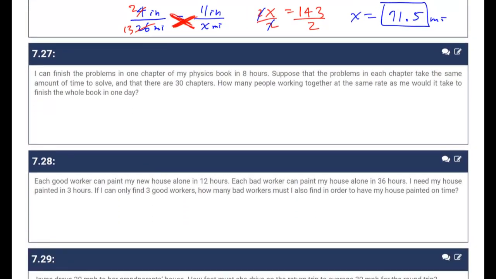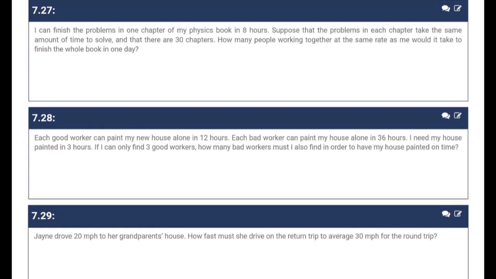Now, number 27. One person can finish the problems in one chapter of my physics book in 8 hours. Suppose that the problems in each chapter take the same amount of time to solve, and there are 30 chapters. How many people working together at the same rate as me would it take to finish the whole book